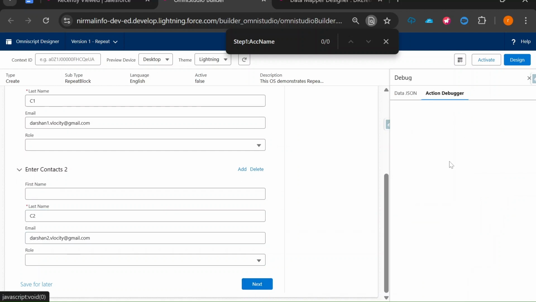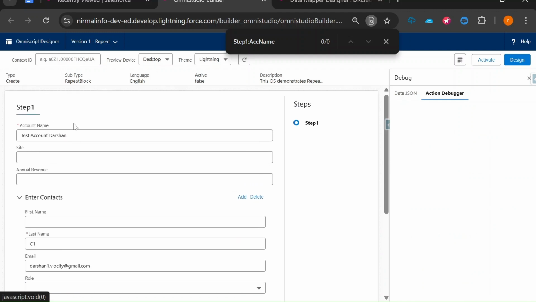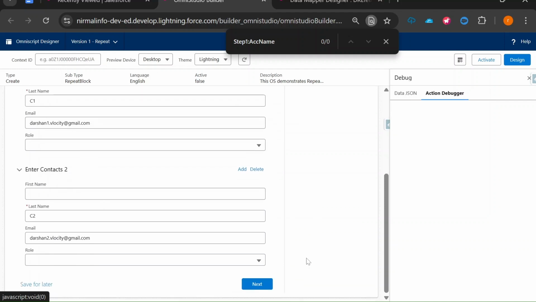As we know in the action debugger, after this addition of the contacts, if we click on the next, first of all DataRaptor post runs to create these contacts under this account. If this account is an existing one, then it will be updated. I mean to say these contacts will be created under the same account. If it is not existing, a new account will be created. I think I mentioned this in the practice exercise, how to make an existing account get updated with the new contacts. Then next,